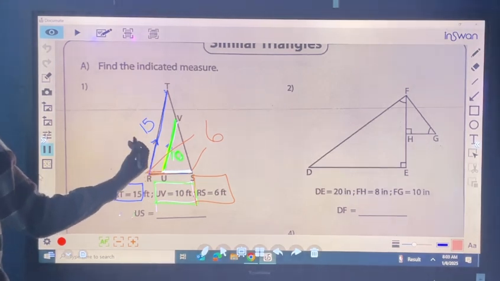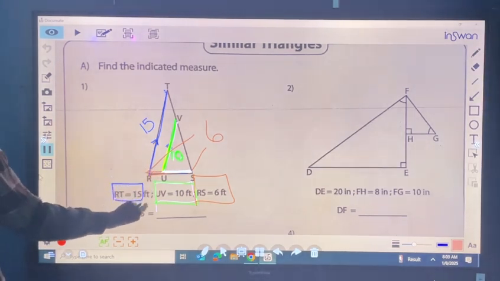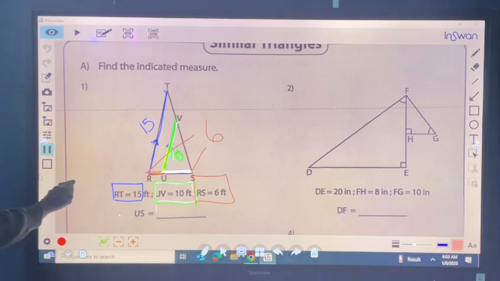So let's try to figure out a formula that we can write to solve for US. What's a formula we can make? We can say that US,